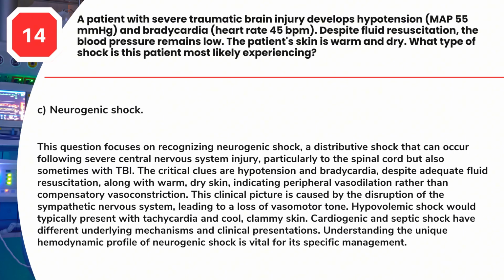Answer C. Neurogenic shock. This question focuses on recognizing neurogenic shock, a distributive shock that can occur following severe central nervous system injury, particularly to the spinal cord but also sometimes with TBI. The critical clues are hypotension and bradycardia, despite adequate fluid resuscitation, along with warm, dry skin, indicating peripheral vasodilation rather than compensatory vasoconstriction. This clinical picture is caused by the disruption of the sympathetic nervous system, leading to a loss